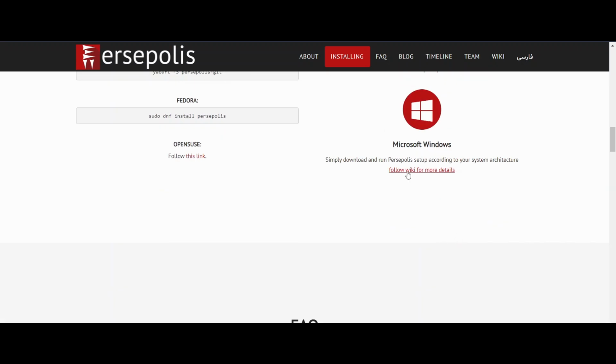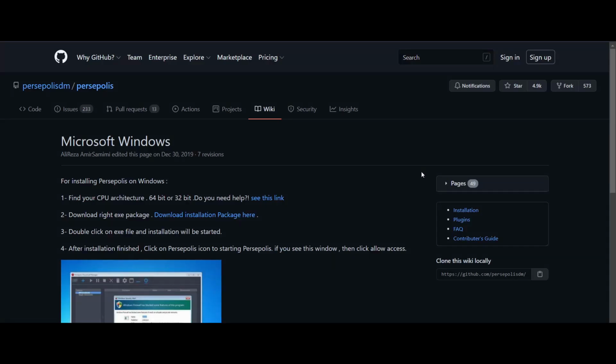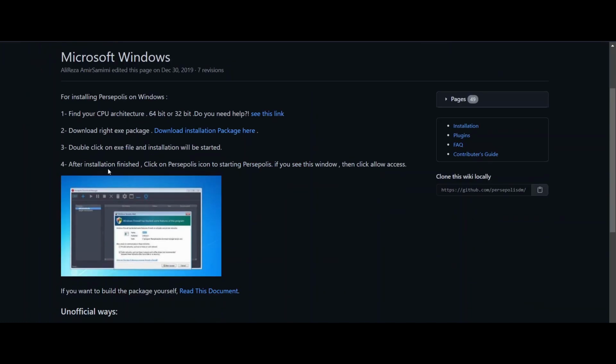For downloading this software for your Windows machine, click on the Microsoft Windows section. It will redirect you to the GitHub page, and follow the instructions. Then go to the download installation package here.